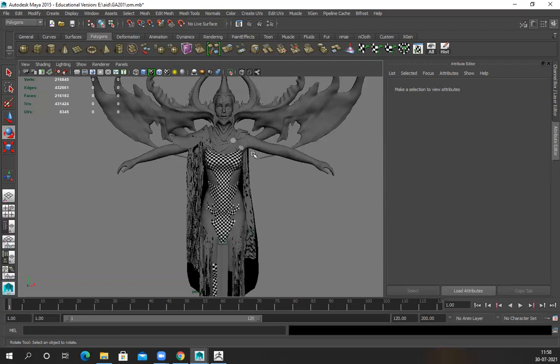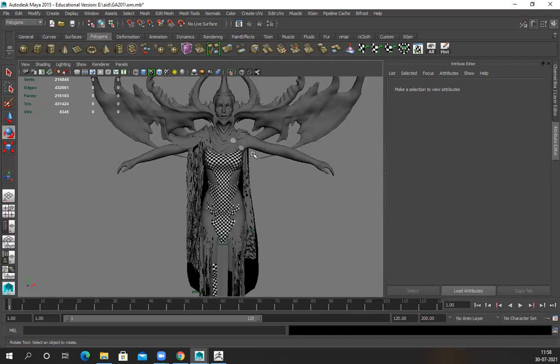So low poly will be one single geometry, but you just have to make sure the loops on the elbow: you need at least 3 loops to bend. Elbow needs 3 loops, shoulder needs at least 3 loops, wrist needs at least 3 loops. Those things you need to keep in mind.